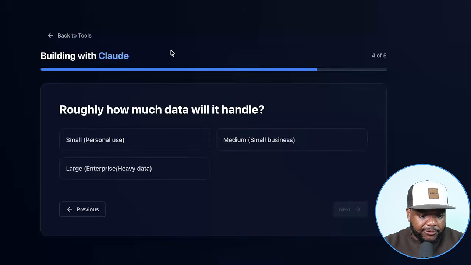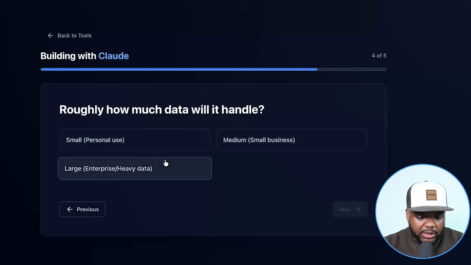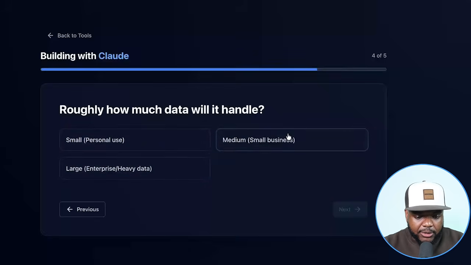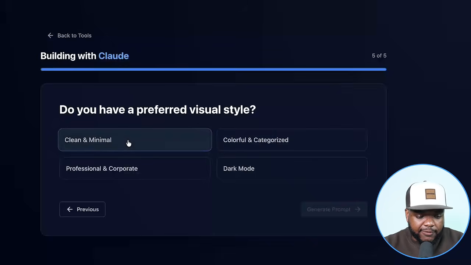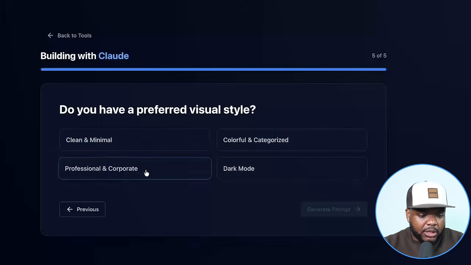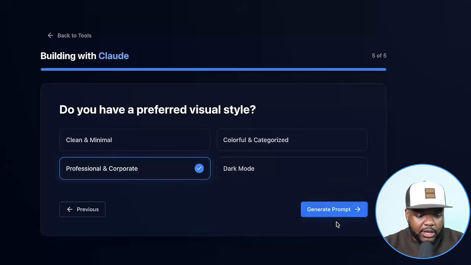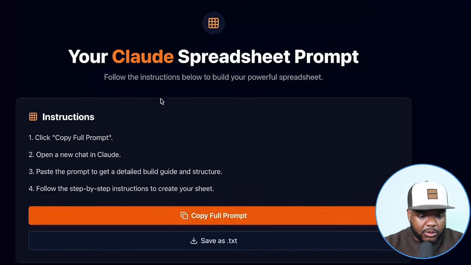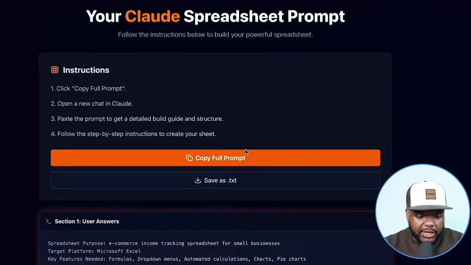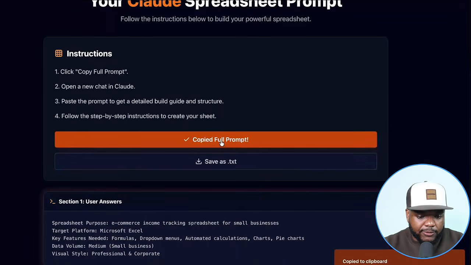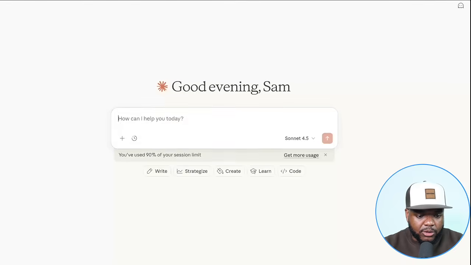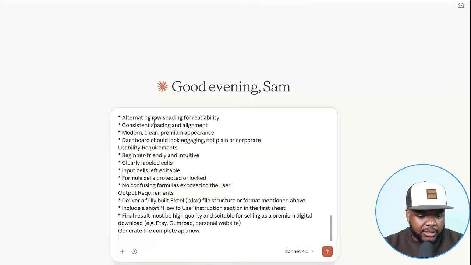Click on next. Roughly how much data will this handle? So you're going to be able to use Claude when it comes to building small, medium, or large size spreadsheets. I'm going to keep it in the middle today because I don't want it to take too long. And then finally, do you have a preferred visual style? So I'm going to say that I want to keep it professional and corporate, and then click on generate prompts. Okay, perfect. So it's now come back with the Claude spreadsheet prompt. And once again, all you need to do is just click on copy full prompt, go back over to Claude, paste everything in there just like this,